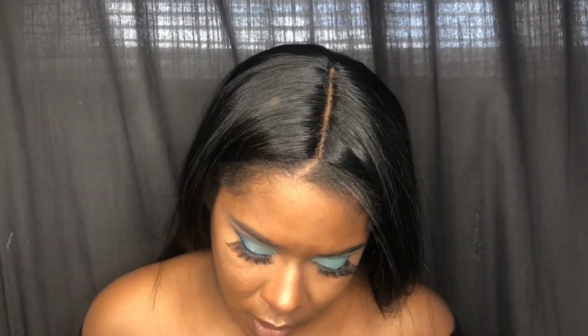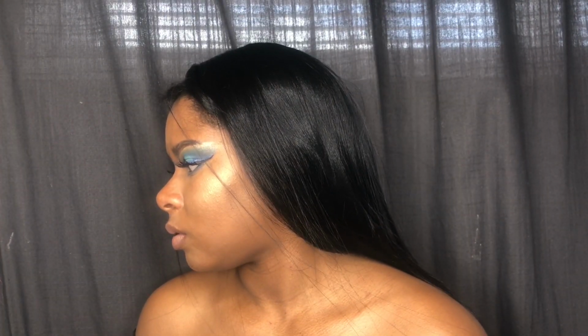Okay, now that I fucked up the part and the color, I'm just gonna move along and try to make this thing look as natural as possible. Oh, the shedding. I didn't see too much shedding. Flyaways everywhere, but not too much shedding. I don't really like laying my baby hairs, even on my real hair, with a toothbrush anymore. I kind of do it with a small tooth comb, but I'm going to go get a toothbrush anyway, just because. So let's make this thing look natural as possible